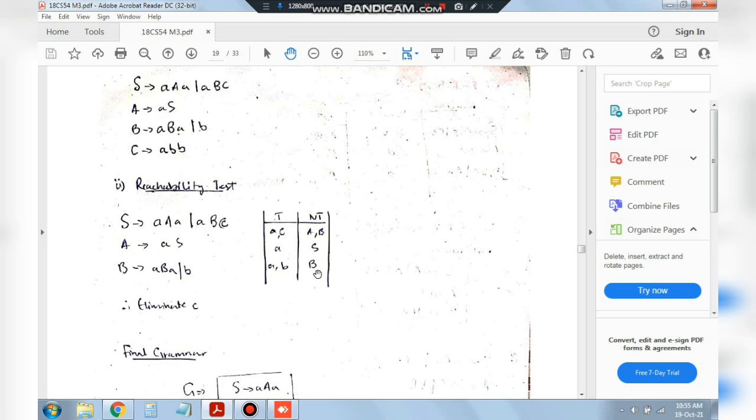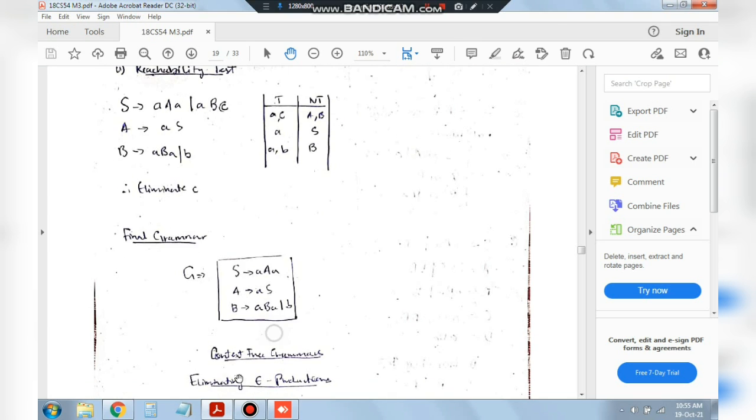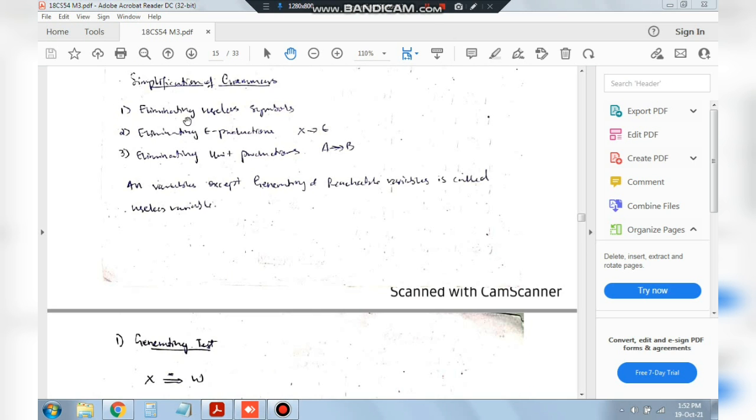See what all letters we got here, it does not have C, right? So we'll be eliminating C from here. After we eliminate C, the remaining symbols are the same as written here. So this is the final grammar. The first part of the derivation is over, which was to eliminate the useless symbols, and the second part is the elimination of epsilon productions. So let's see about the elimination of epsilon productions. We'll be eliminating those symbols which are reaching to epsilon.